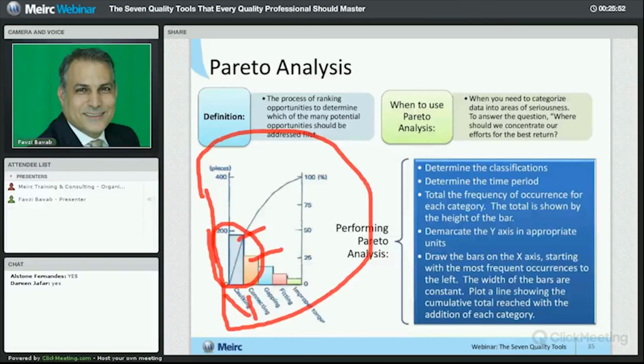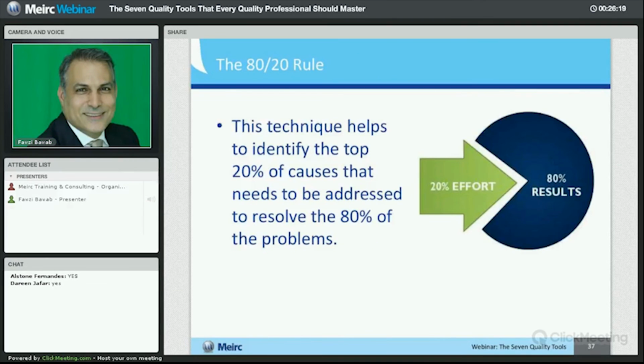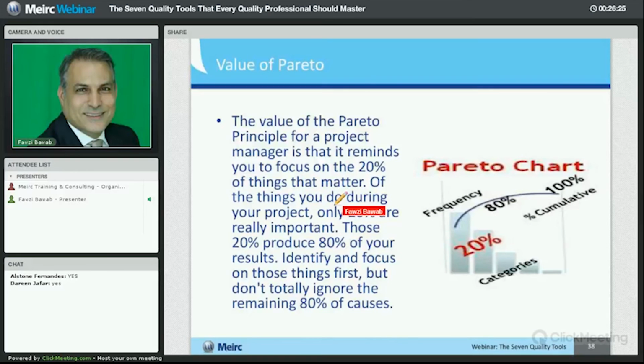It could be a call center trying to look at the patterns of their calls and where they come from, so you can see that maybe 80% of the calls are coming from 20% of the countries. It's a very useful tool to focus your effort on what is important. And here's the guy, Vilfredo Pareto, who basically came up with this theory, and to this day it is proven to be true to some extent. So the 80-20 rule, we use it to try to filter or focus on what is important for me,